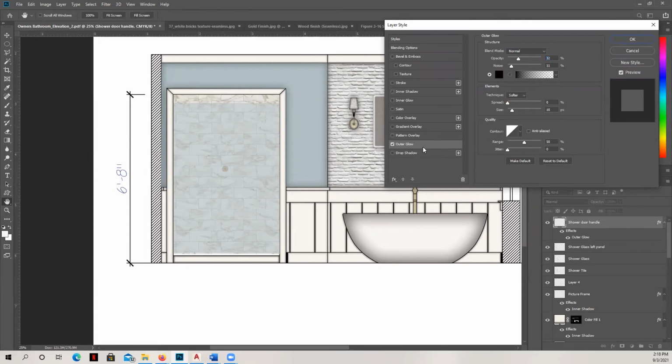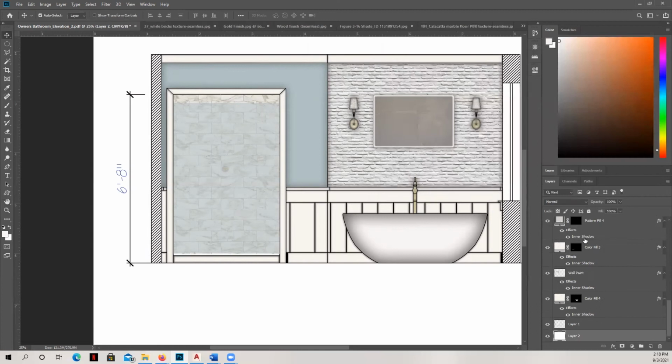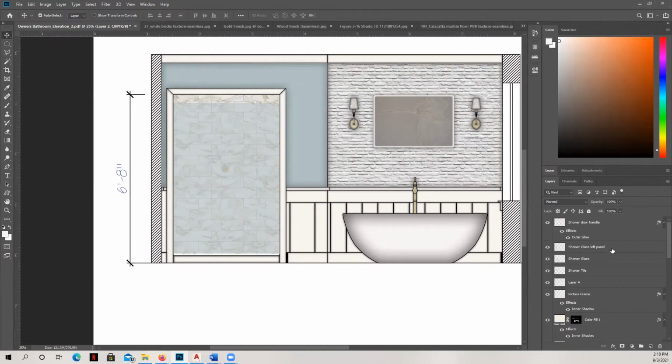See if there's anything else I can control here. Okay. And then the only thing that I need to do now is just adjust the shower door just a little bit so that you can see a gap in the middle, as we would typically see that.